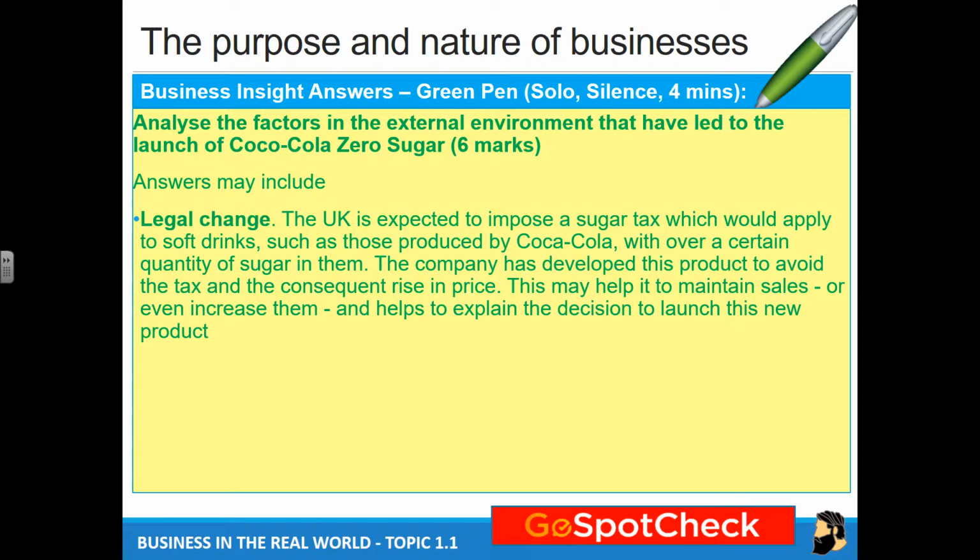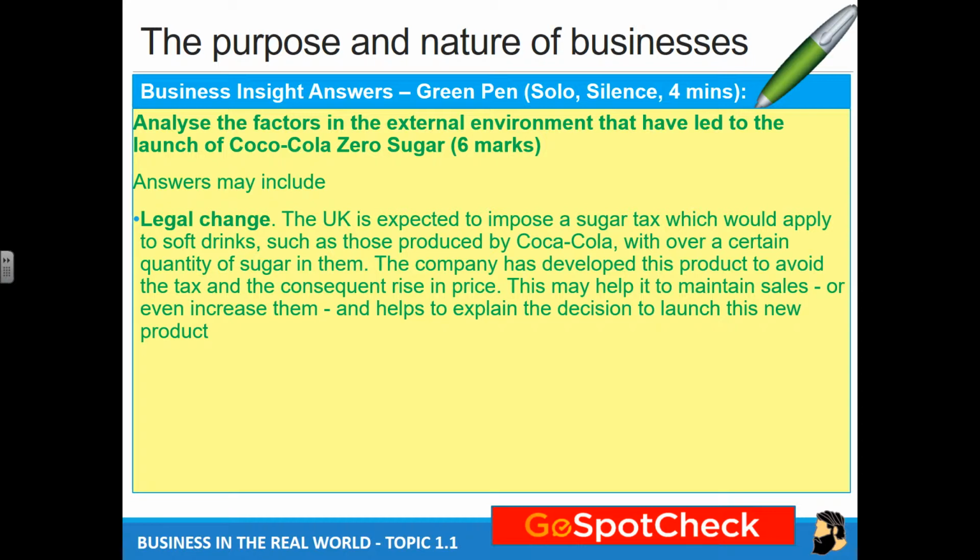But as a result, that means they have to come up with a new product. So let's have a look at what they're saying. The UK is expected to impose a sugar tax, which would apply to soft drinks such as those produced by Coca-Cola. Look at that full sentence. With over a certain quantity of sugar in them. Again, explaining what was in there, proving that you understand what it means. The company has developed this product to avoid the tax and the consequent rise in price. This may help it to maintain sales or even increase them,